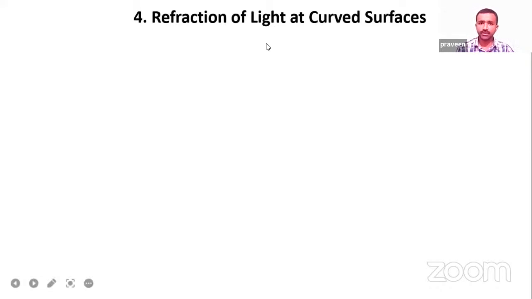We discussed in yesterday's live class about refraction of light at curved surfaces. So, basic information regarding refraction and curved surfaces that we discussed. Here, we'll discuss the terminology related to curved surfaces and the behavior of certain light rays related to curved surfaces based on the medium. In the last class, I discussed with you mainly what is refraction